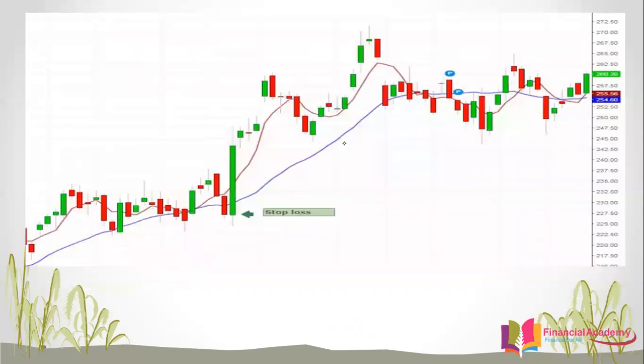Let's see the momentum of the stock in a different, enlarged mode. There you can see two lines: the blue line is a support line, and this is your resistance line. Suppose it is drawn like that. Here it is not a support and resistance line, but for the understanding of that part I'm explaining in this detail. So here you can see this is one price target, and another price target.